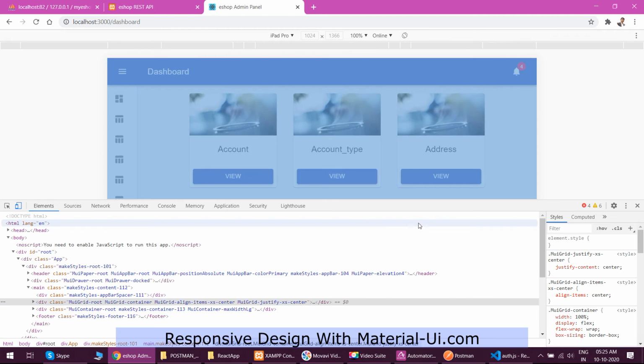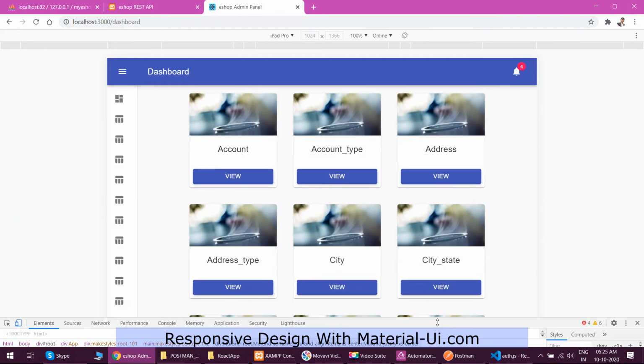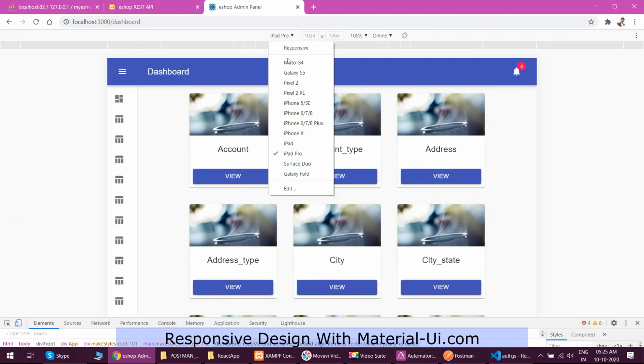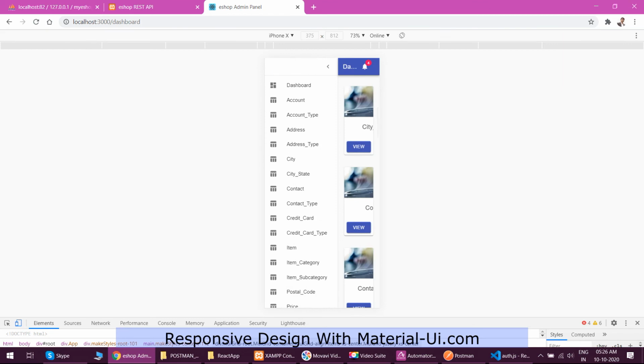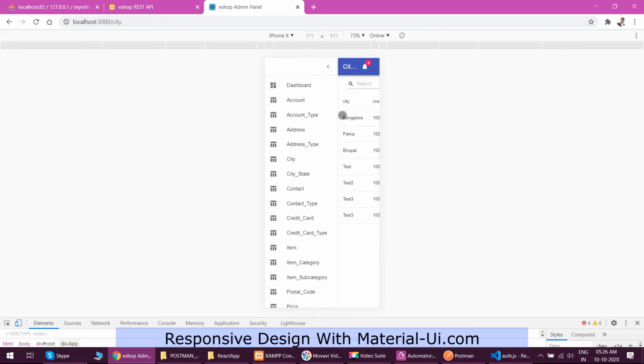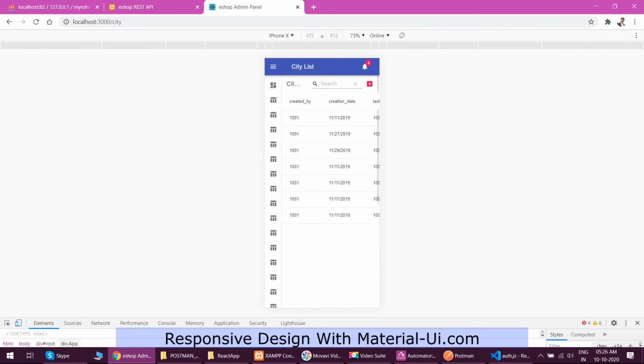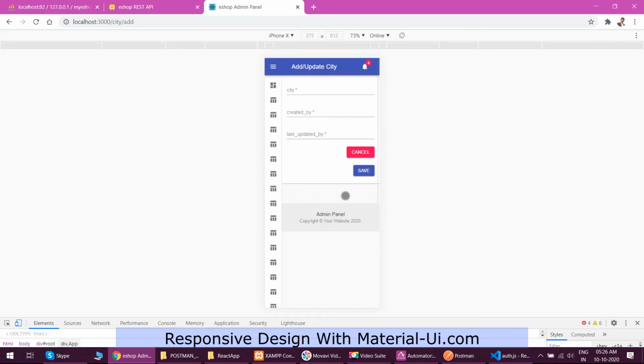So I'll just go to the Chrome inspect element and then try to change the device. For the iPhone, you can see how the layout will look, how the menu will look, the table layout, and then you can see the add form.